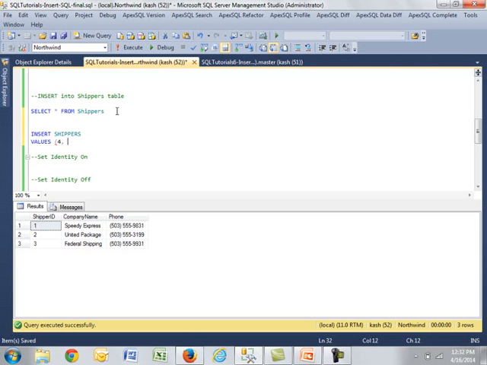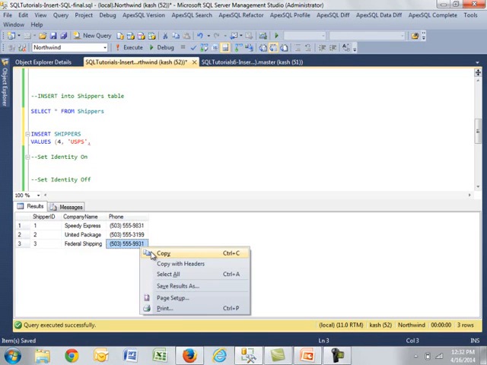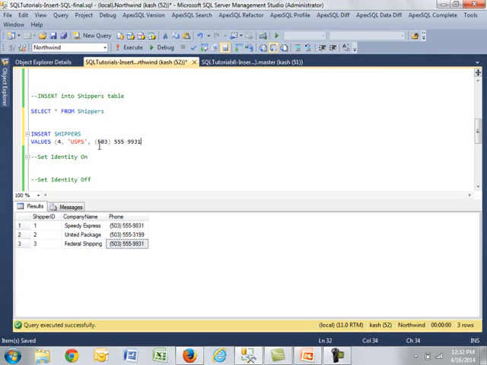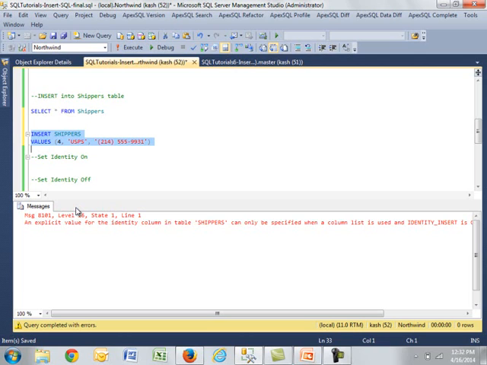Let's try 4 comma USPS, and I don't think that the phone number really matters, but let me try this anyway. Again, because this is text information, you have to specify some quotes around that. Okay, let's change this one here. Let's see what happens when I try to run it. So here's the problem. It says an explicit value for identity column cannot be specified, and you have to use this identity insert